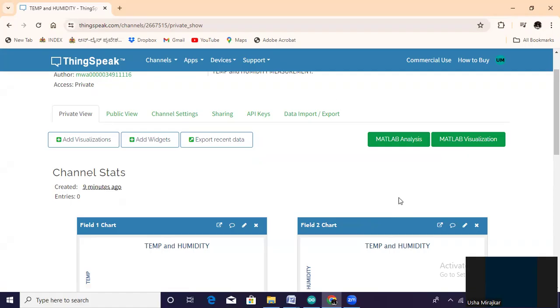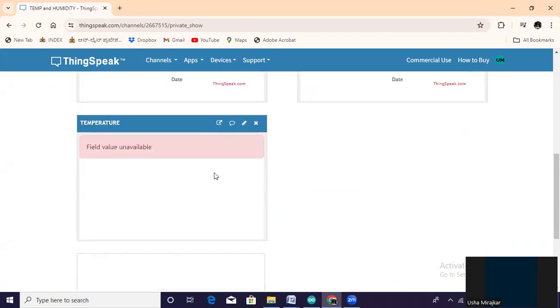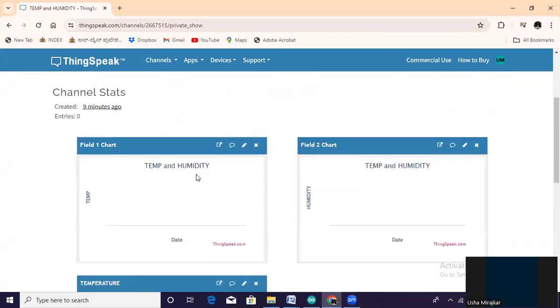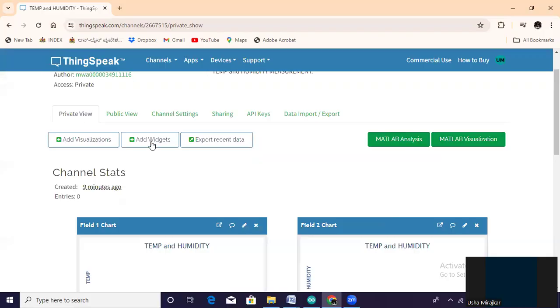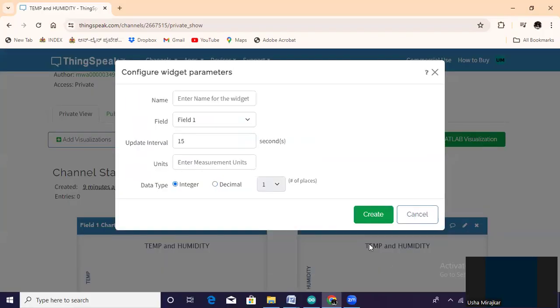Next, add one more widget. You can see the one for temperature is created. Now one more for the humidity. Again numeric display. The name is humidity. It is from field 2.